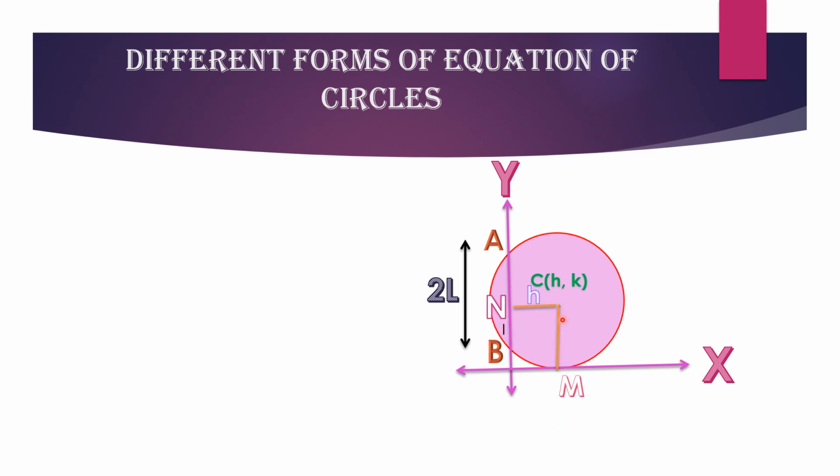We observe CM is the radius and CN is the perpendicular distance from C to the y-axis,